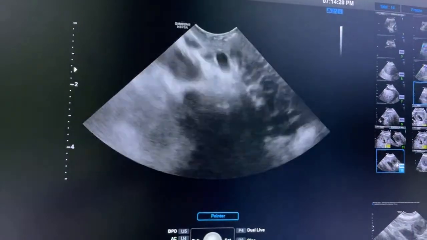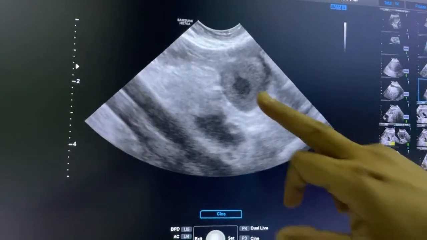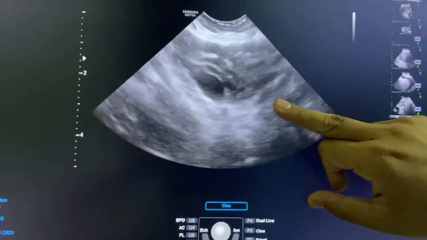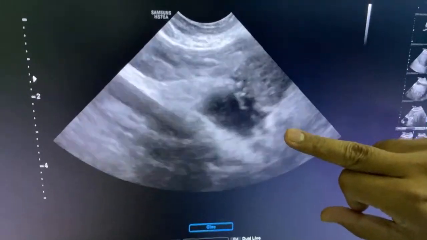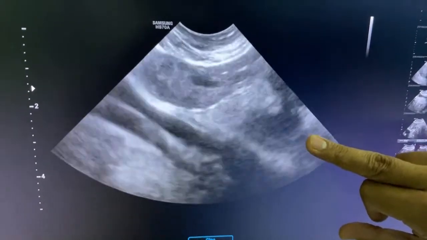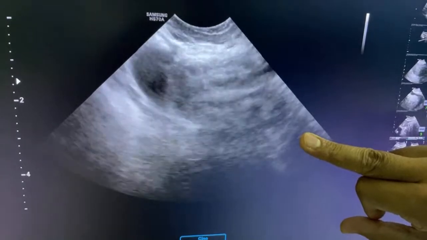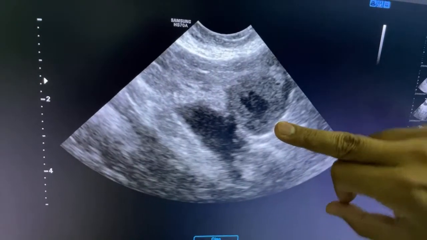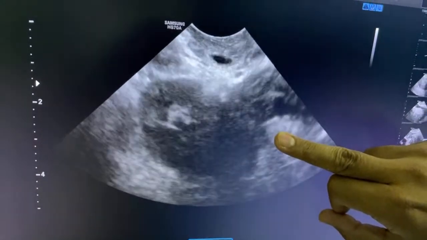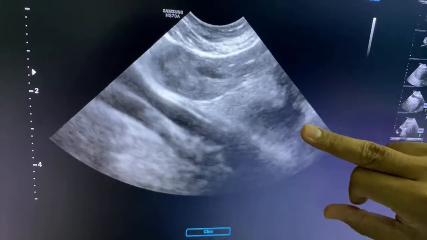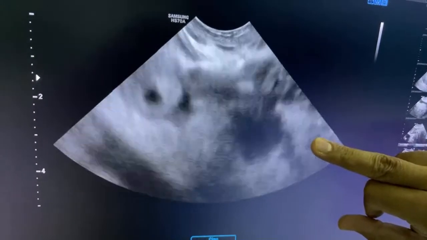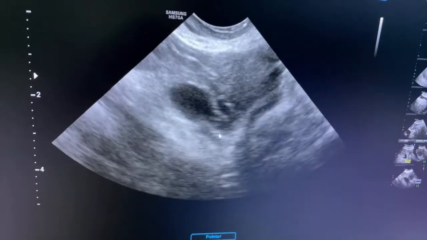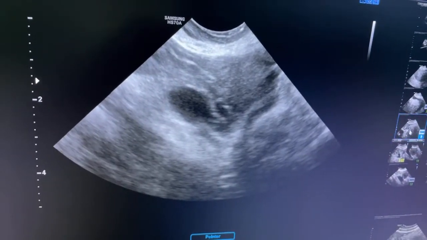Let me show you how I get it. See this. This is the corpus luteum. I am following it. See this. So this is very important. Try to just appreciate how I get that image. Okay, I am showing you. See this. It's simple. This is the ovary. I will scroll back. I will show you that also. Let me go to that video.